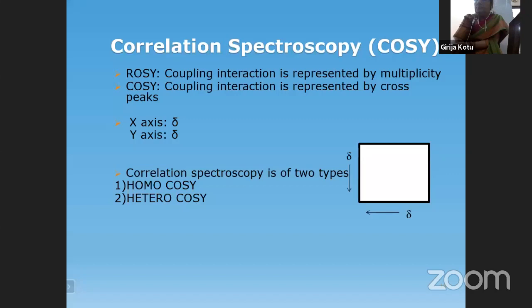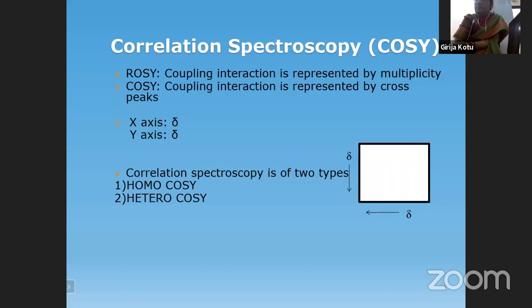And the methyls, 2 methyls, CH3, CH3, they couple with methine. So it is split into a doublet. So the multiplicity of a signal tells us about the neighborhood or the connectivity. And that's what we have seen so far in the J-resolved spectroscopy.